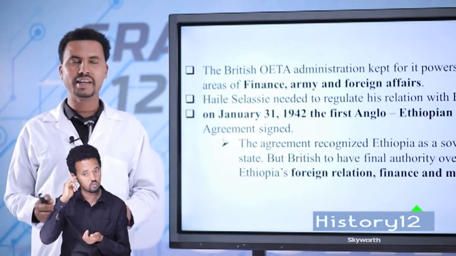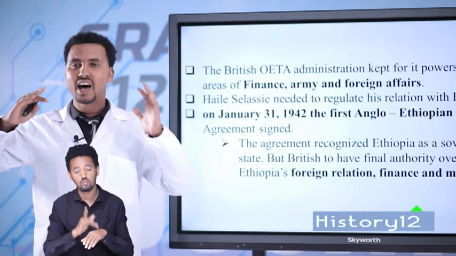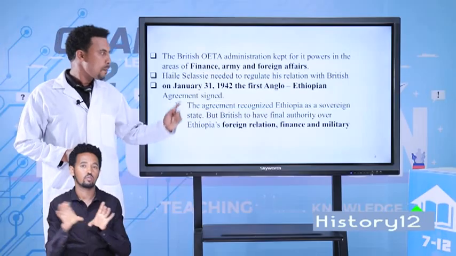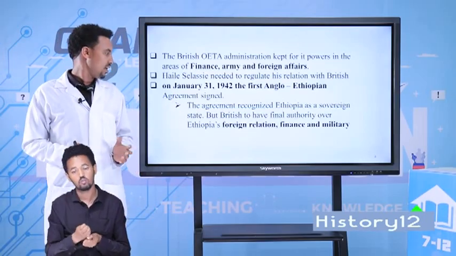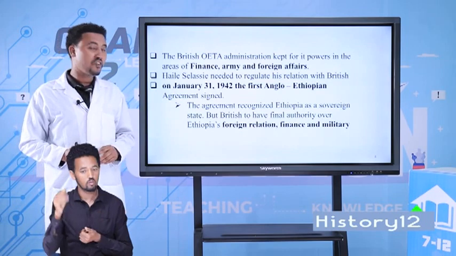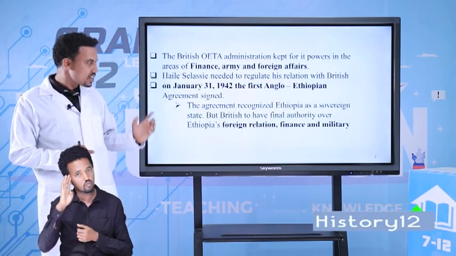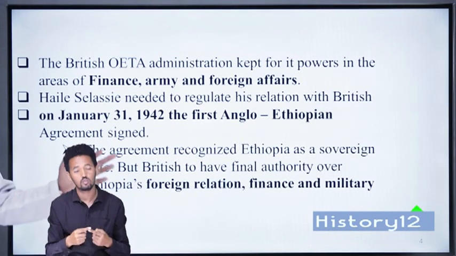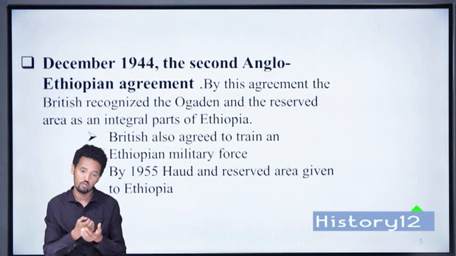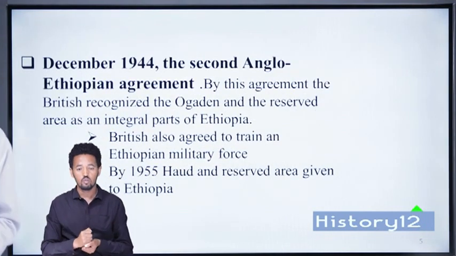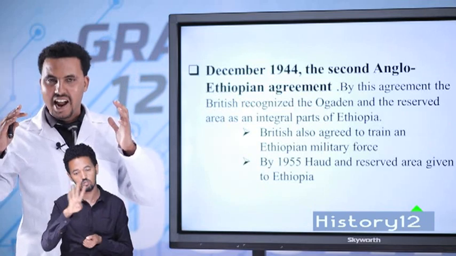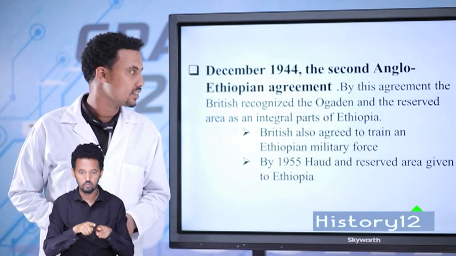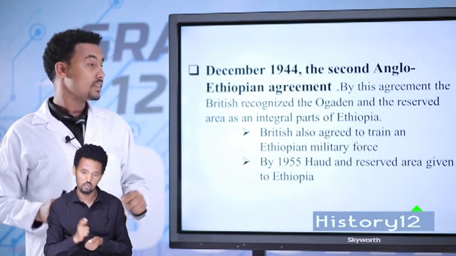On January 31, 1942, the first Anglo-Ethiopian agreement. The agreement recognized Ethiopia as a sovereign state, but the British were to have final authority over Ethiopian foreign relations, Ethiopian finance, and Ethiopian military. In December 1944, the second Anglo-Ethiopian agreement, the British recognized Ogaden and the reserved area as